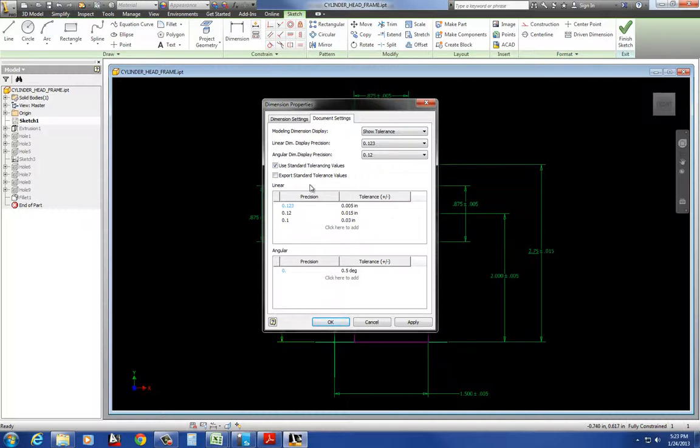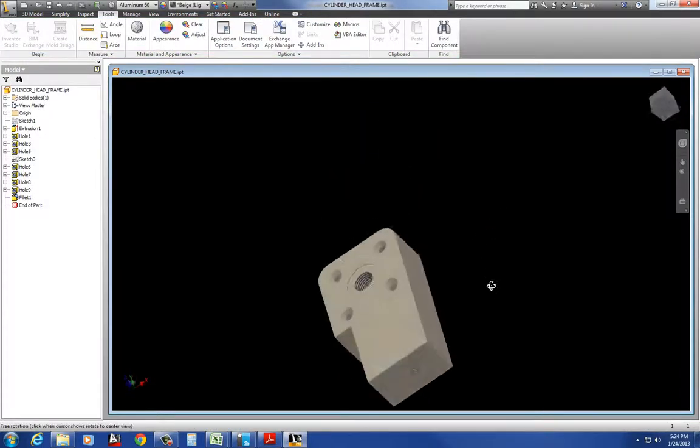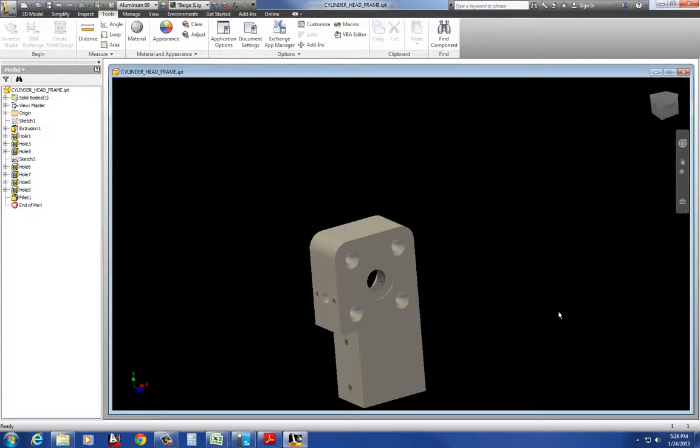All right, so in the document settings, if you want to use the standard tolerancing, you would check this box and then you could put these in, and then that would be good for that part. So what we might do is, I'm going to look at his drawings and see if he has a general tolerance on these drawings, because if he does, then if he's using his general tolerances, his parts all fit together, we'll use his same tolerances. And we'll change our formats to fit that. Unless we want to go through every one of them. We will analyze all these tolerances, because the last time we had a machine drawing like this, there were a lot